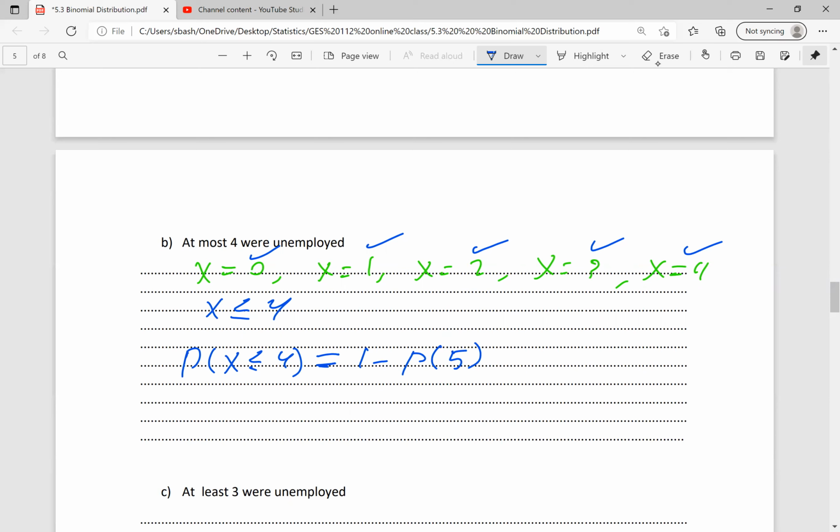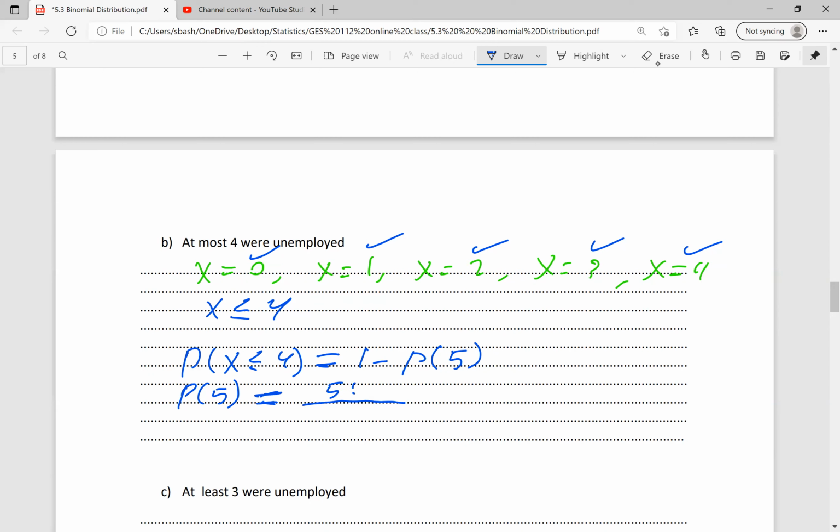We have 5 present inmates. So if we are saying at most 4, the remaining will be if all of them are 5. So I need to find, or using the complement rule, that will be 1 minus the probability of getting all of them unemployed. So P of 5 is equal to